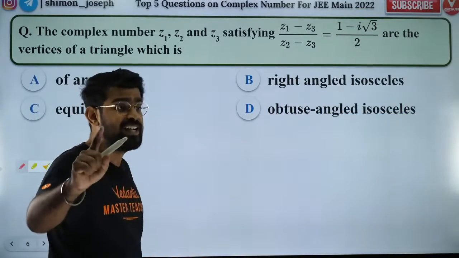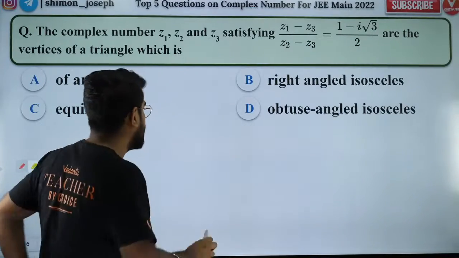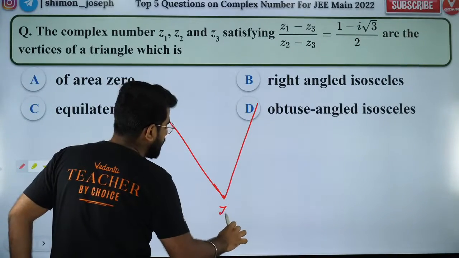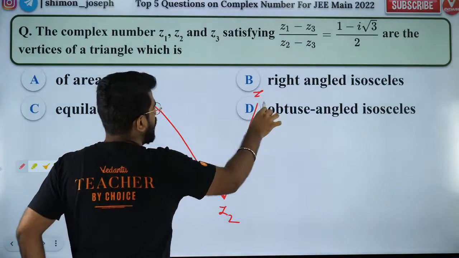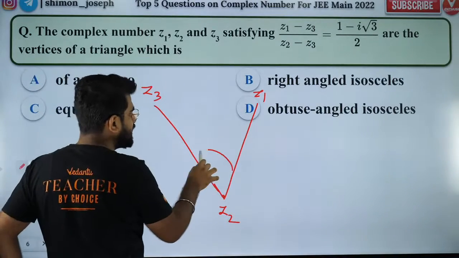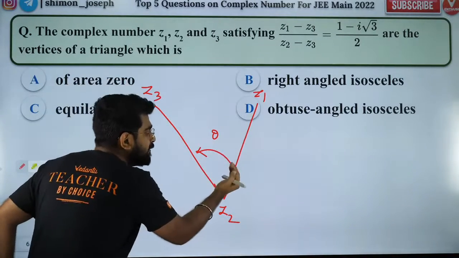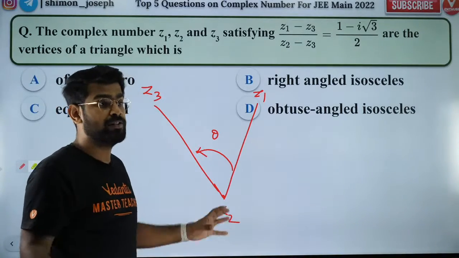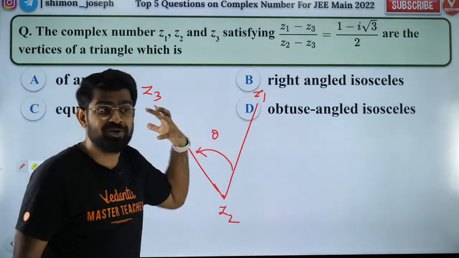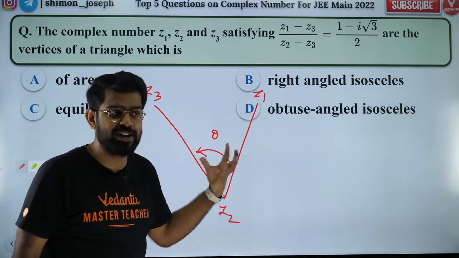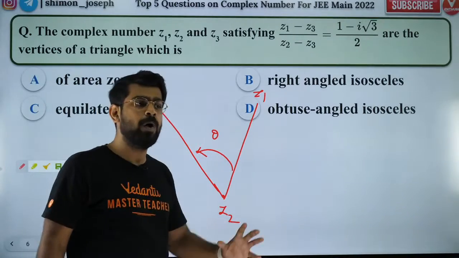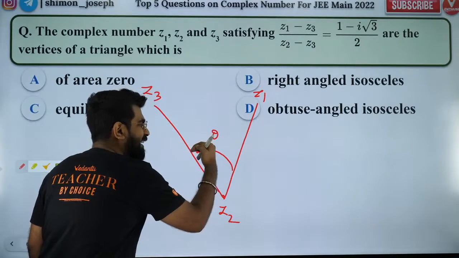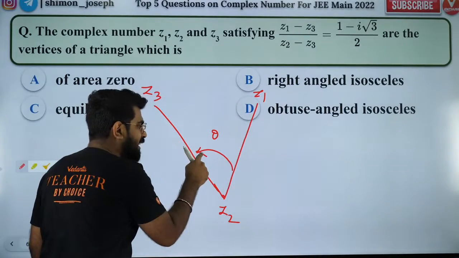For those who are not interested, let me help you with it. Please listen carefully. So let us say you have a complex number Z2 and you have Z1, you have Z3. And let's say this angle is theta. So if theta is measured anti-clockwise, guys, this is very important. I'm teaching you something cool. It is going to be useful for higher level questions of JEE Mains and some questions in JEE Advanced. This is called the rotational theorem or Coni's theorem. Got it? So you take theta in the anti-clockwise direction.